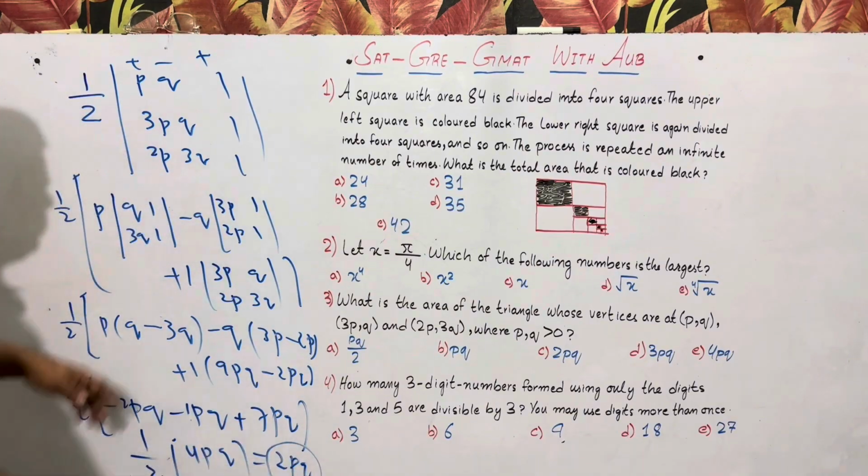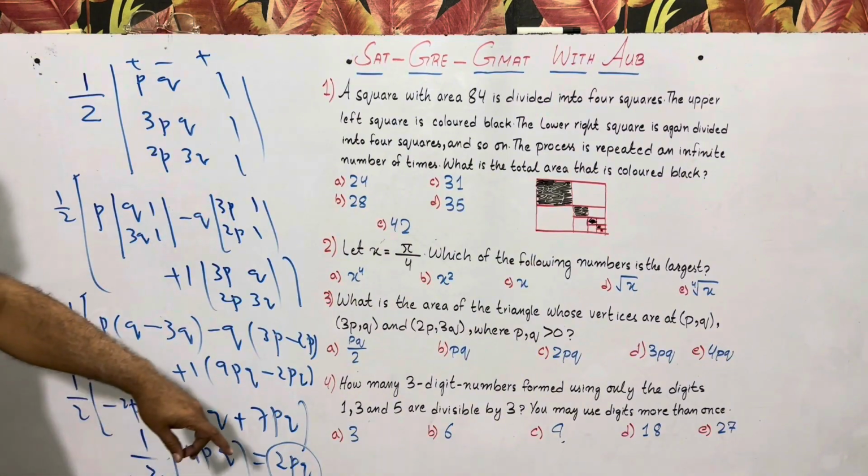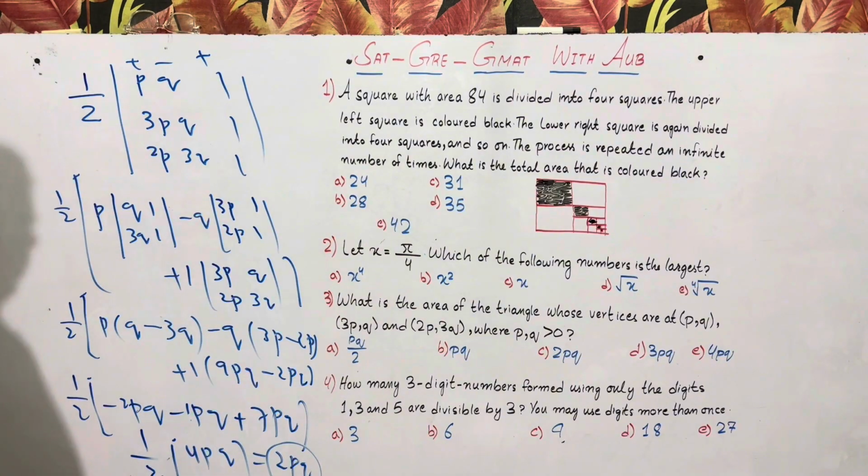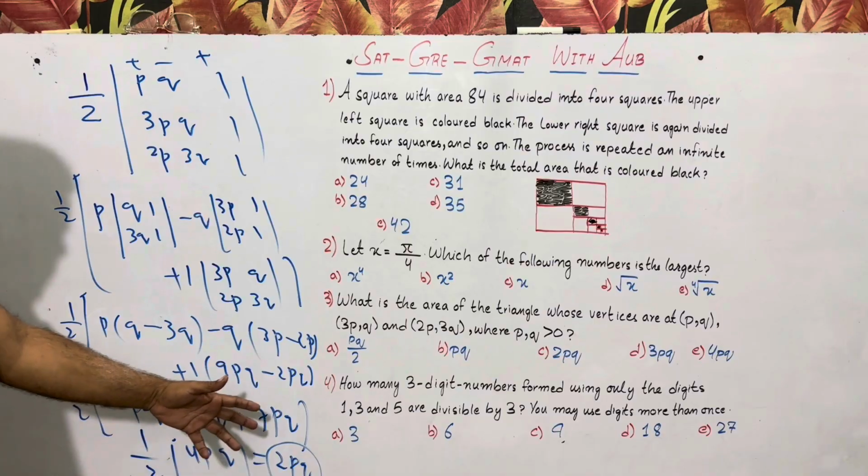2pq square units is the area of that triangle. Option number C is the right option. Moving towards the next question, we have